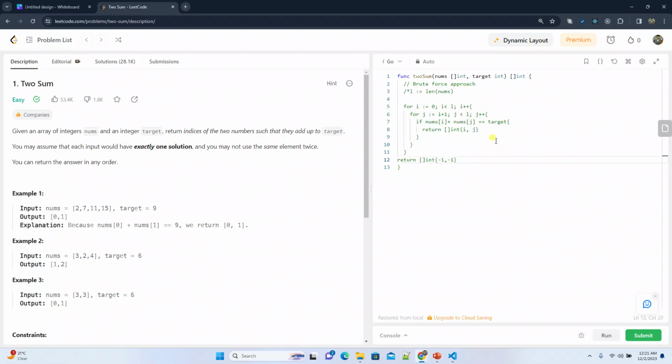This is the brute force, and the time complexity for this solution is O of n square. Another solution is that we can use extra memory using a map, and we will try to solve it in O of n time complexity. For that, what we will do is